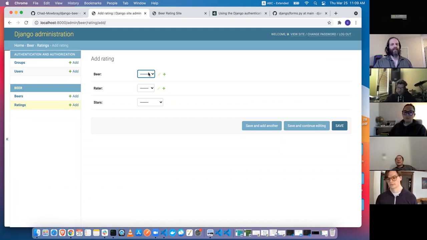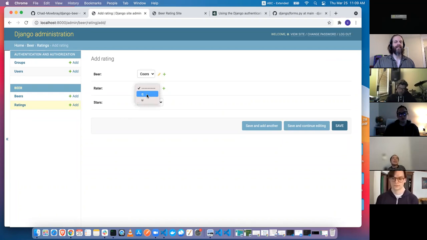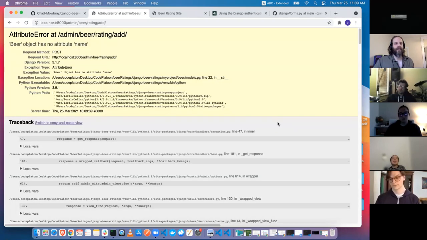And here we can see that we have to have a beer. So this is from the foreign key. And the rater, this is also from the foreign key. And the stars is not a foreign key, but it's still a drop-down menu, so you can only choose. Would a Bootstrap icon work here? Yeah, I mean, you can definitely use Bootstrap on a widget like this. And Django,